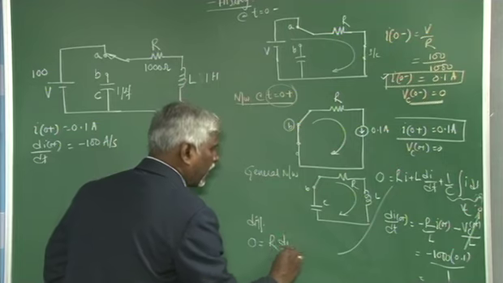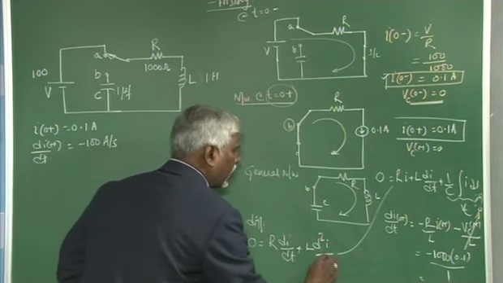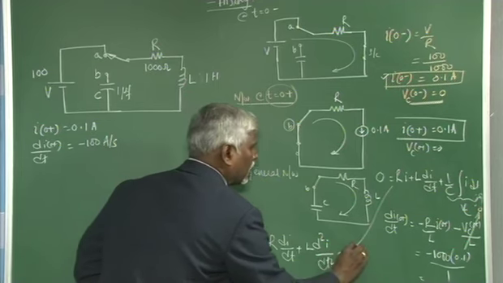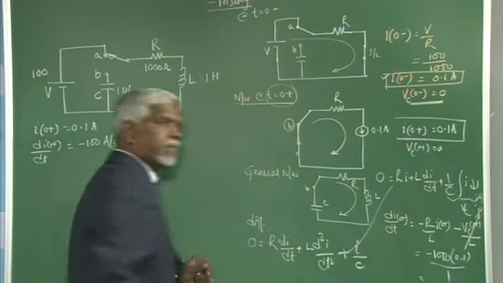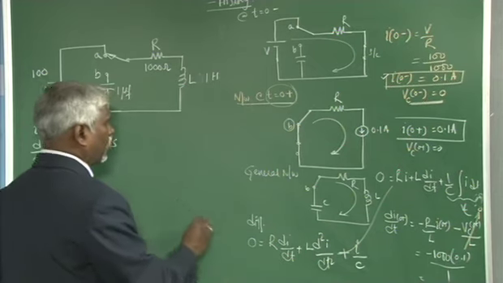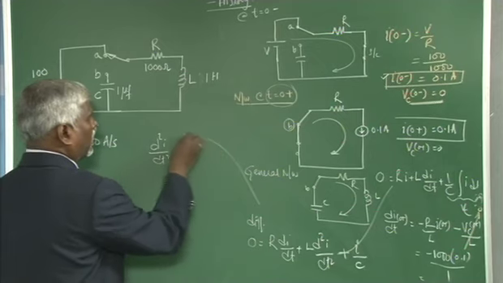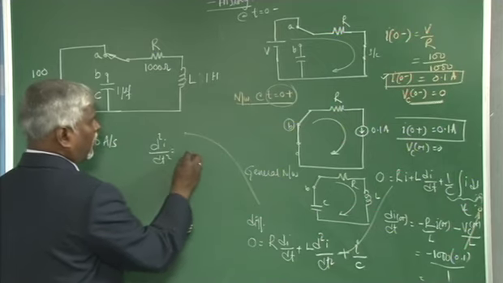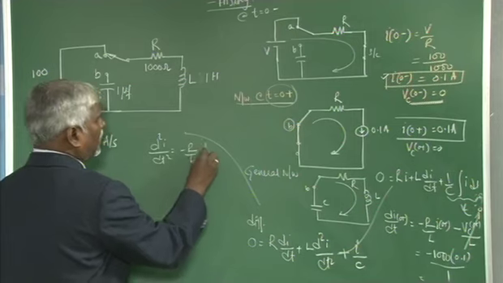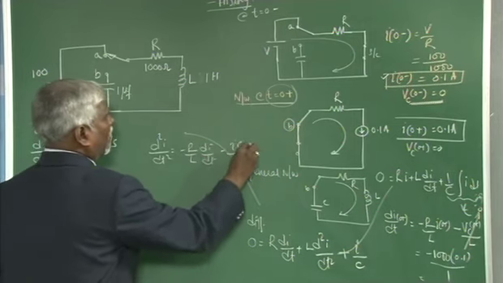So, differentiating the general equation again, we get 0 equal to R di by dt plus L d squared I by dt squared plus I by C. Obtain expression for d squared I by dt squared. D squared I by dt squared will be minus R by L di by dt minus I by LC. At 0 plus,